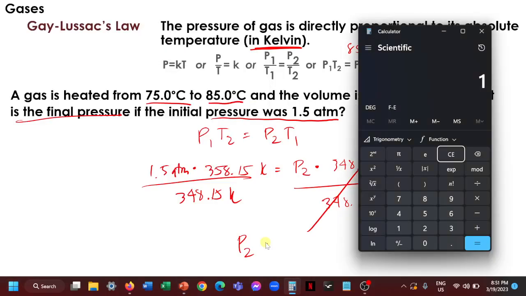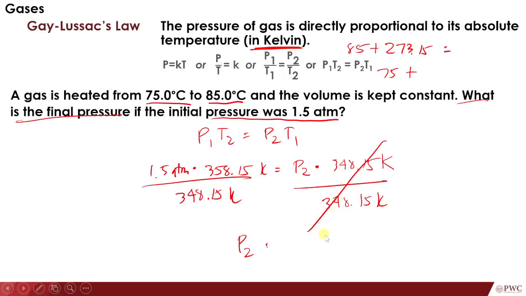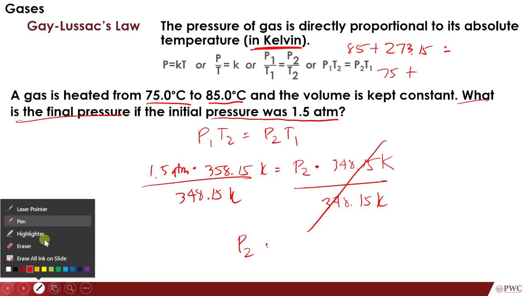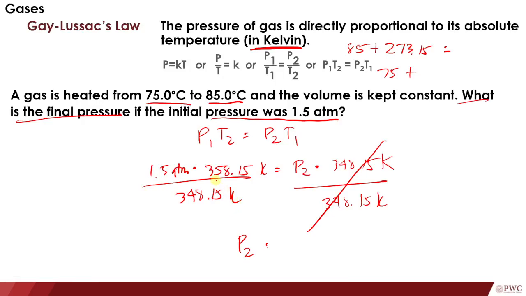We have 1.5 times 358.15 divided by 348.15. We have 1.5. Wait, this should not be 1.5, so let's check this one. We have 358, 348. Initial temperature 358. So